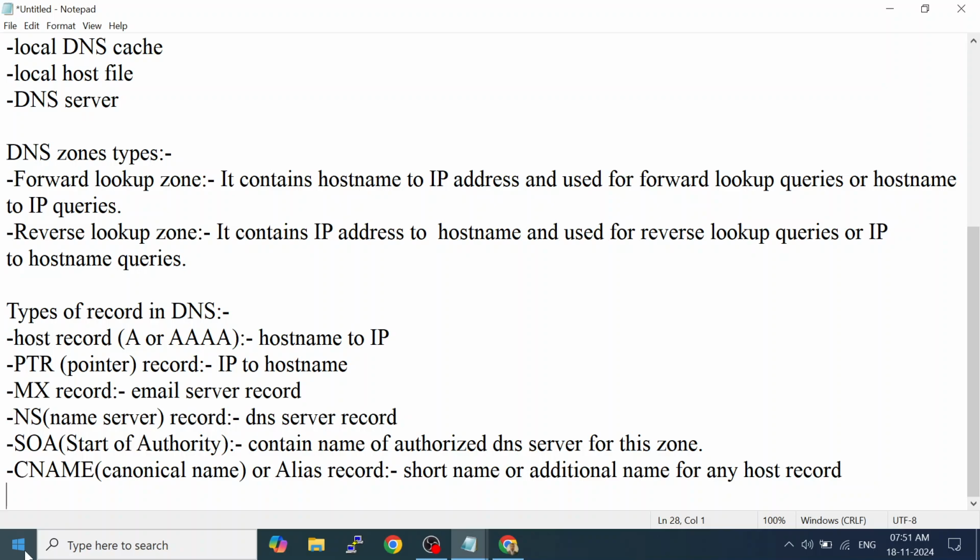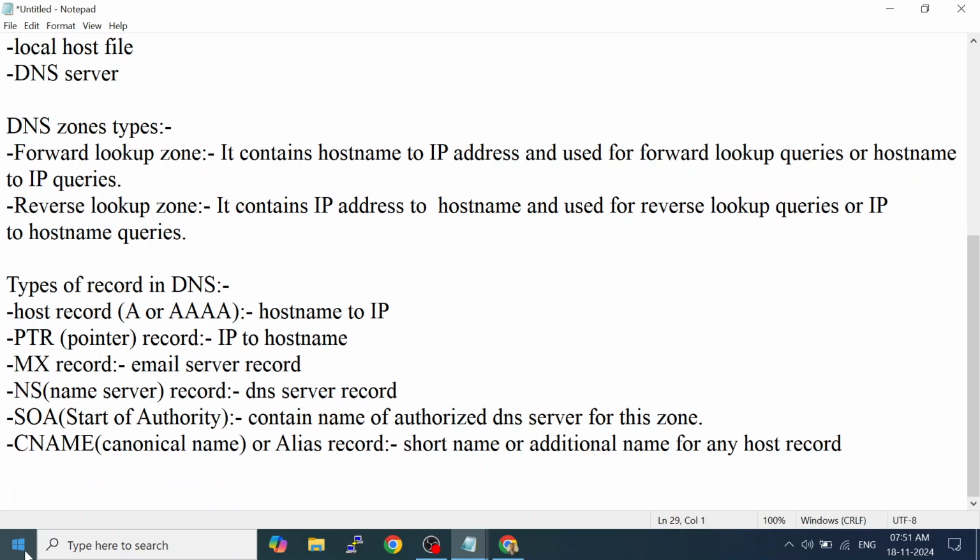Without that, it cannot work, even in the network. So that's why we should know each and everything of DNS. When you are working only on DNS, then that much level of knowledge is required. But at least as a normal IT engineer, you should know about DNS functionality, how it works, and the common terms used in DNS, like these records, the query types, how it resolves.